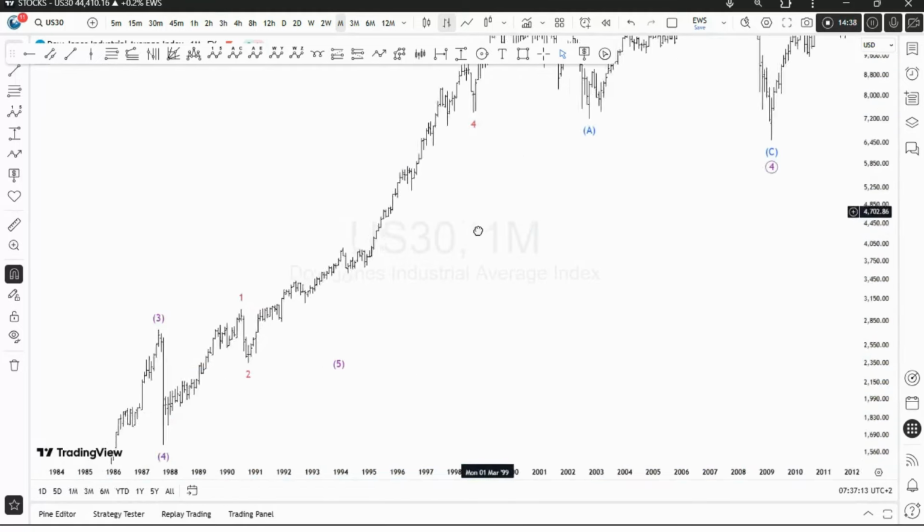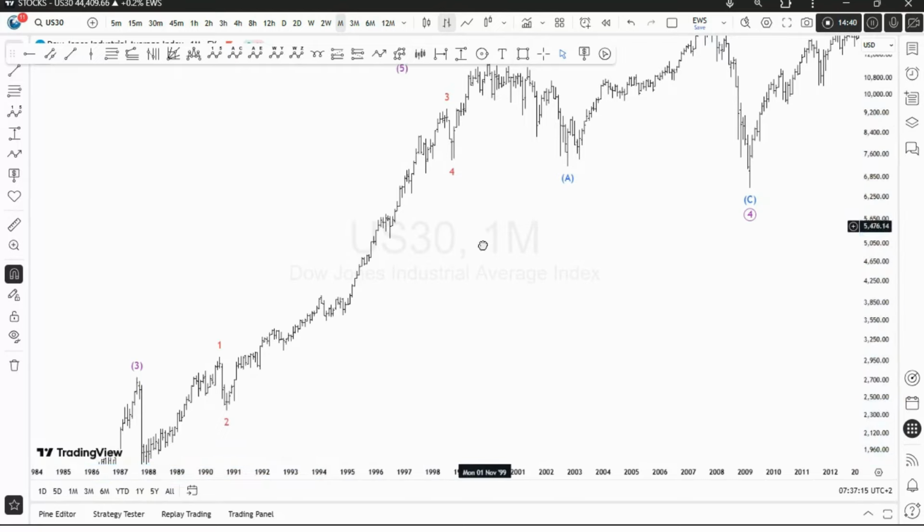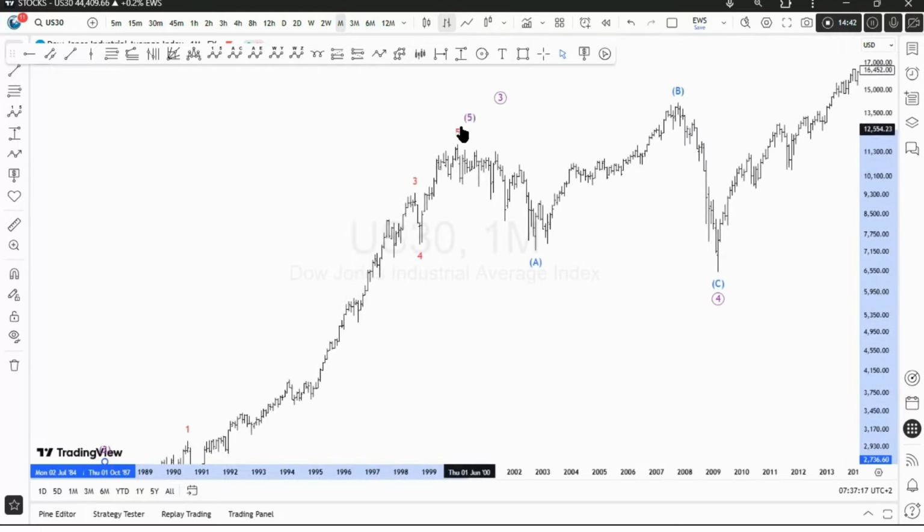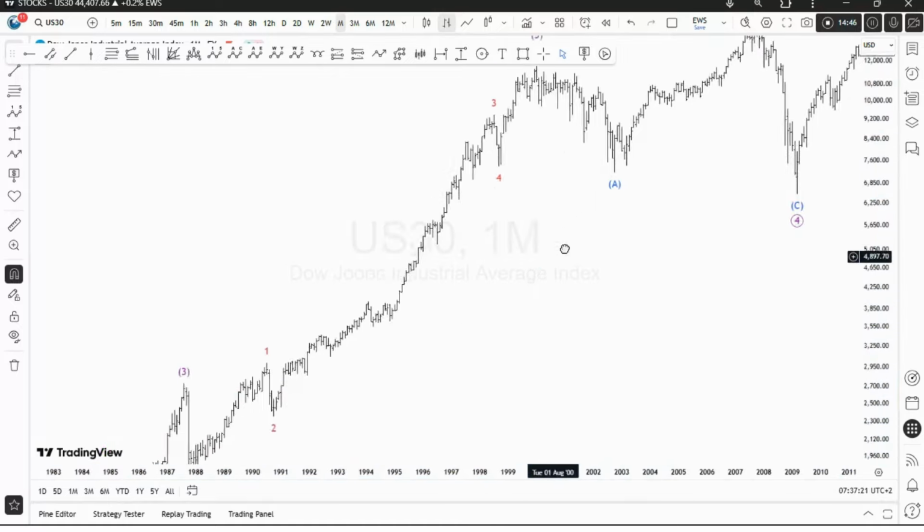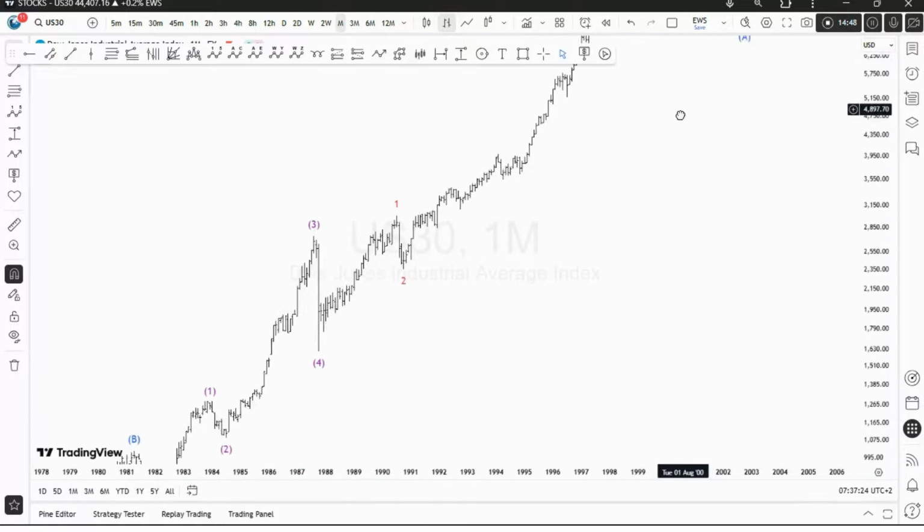Now again, I didn't go to lower time frames to actually confirm this. You do need to go to lower time frames, because again, they could prove you wrong, but I was just trying to show you how you can actually break down the chart